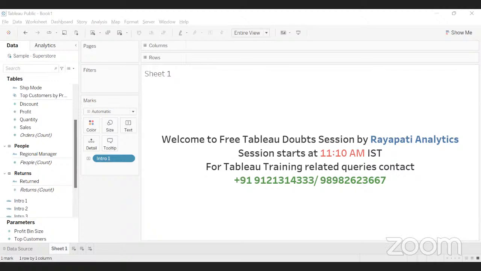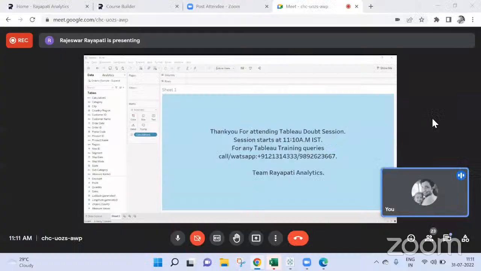So server related doubts, if Peter Parker, Ravikiran, or Kalpana can solve them, then we can do it. Else, we need to wait till Prasad joins. Even if he joins, there's a big question mark today whether he will join or not. So that being said, now we can start the doubt session. Kalpana, can you stop sharing your screen?